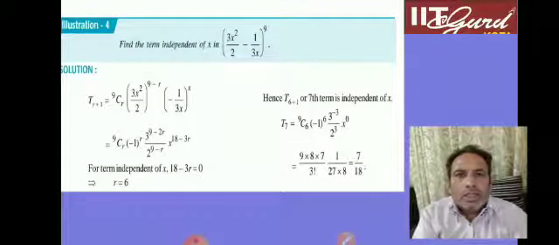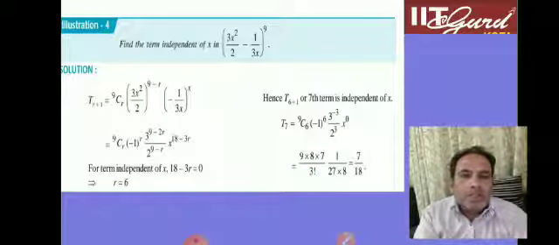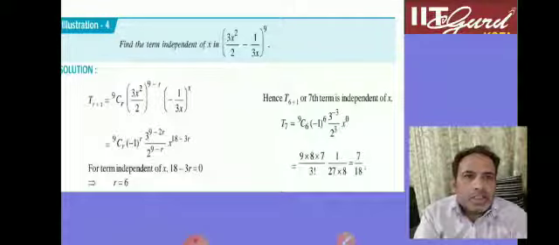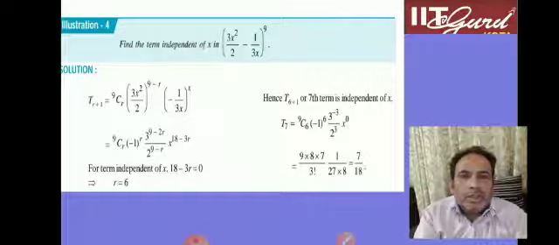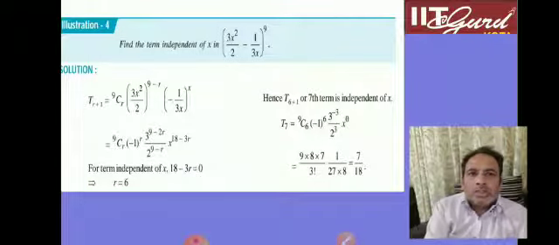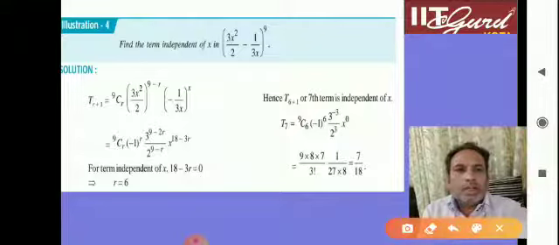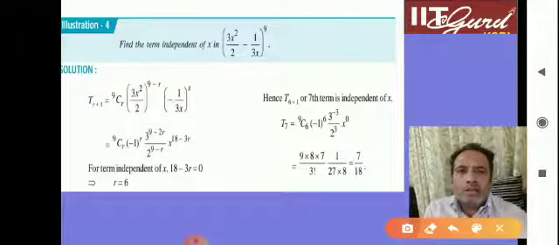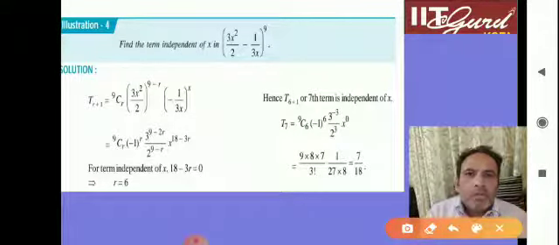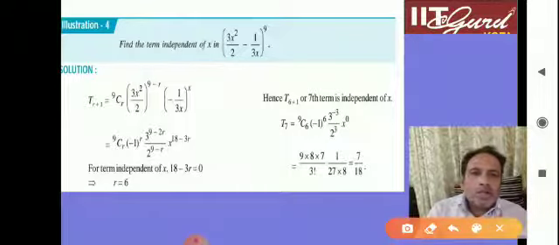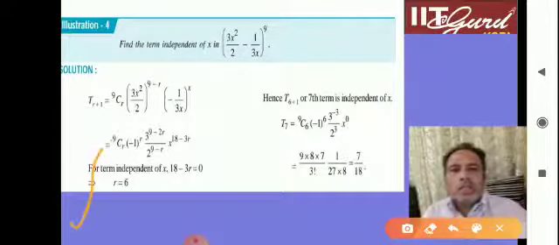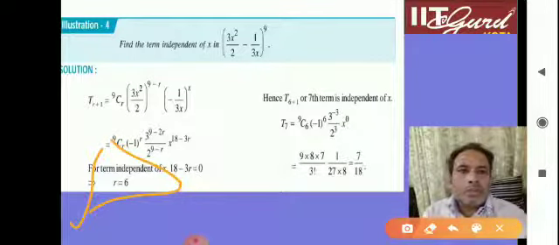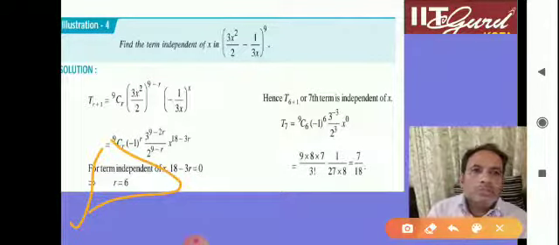Another question, in illustration 4: find the term independent of x in the expansion. The independent term, we have already discussed in a very different manner. It's very easy. 9Cr, 9 is the exponent, so 9Cr, x to the power 9 minus r, and 8 to the power r, like this, x plus 5 to the power r, or x plus 8 to the power r, whatever. r equal to 6, you can solve this, and now substitute the value, and you can get the 7th term. Nothing to do here. Easy.